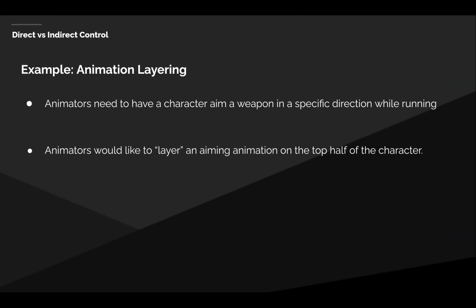So here's an example in animation. We have something like animation layering, where the animators say they want to have a character running around and aiming a weapon at the same time. So the animators might come to the programmers and say, okay, we'd like to layer an animation on the top half of the character and keep the bottom half, because that's going to be the legs running around. And on the top half, I want to do the aiming.